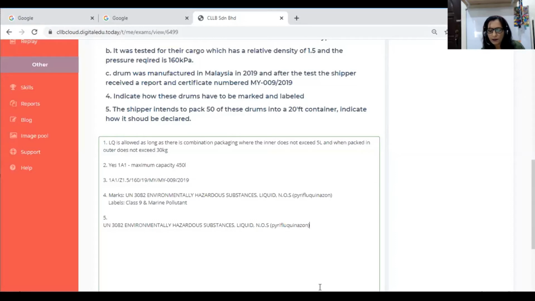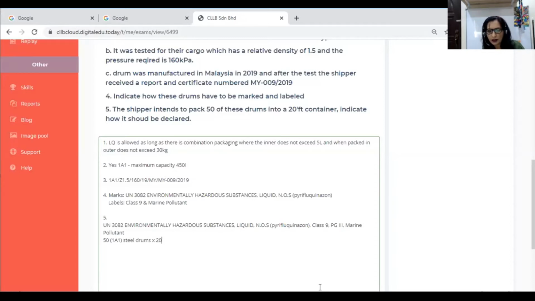Okay, and then I can continue at the bottom, or I can continue in the straight line. Assuming I continue on the straight line, Class 9, PG III, and then after that I say it is a marine pollutant. Okay, and then I want to tell the type and number of packages, so I can put here 50 1A1 steel drums by